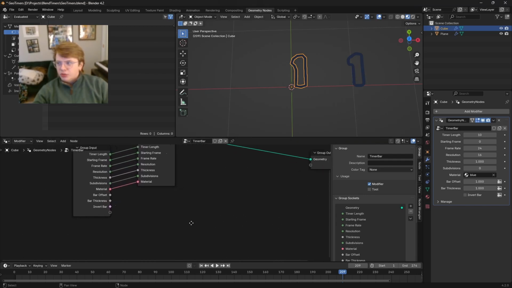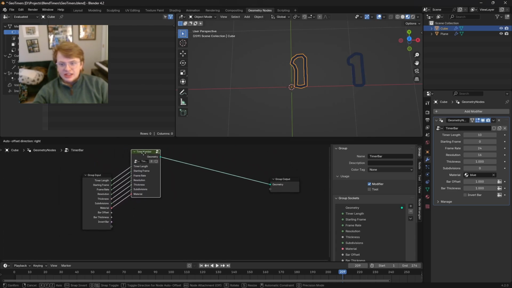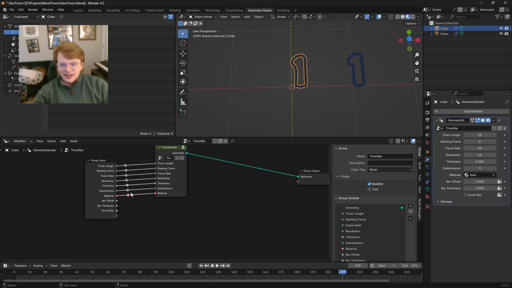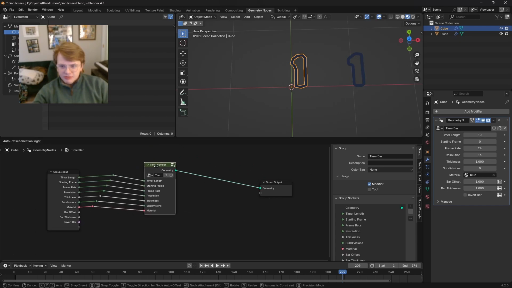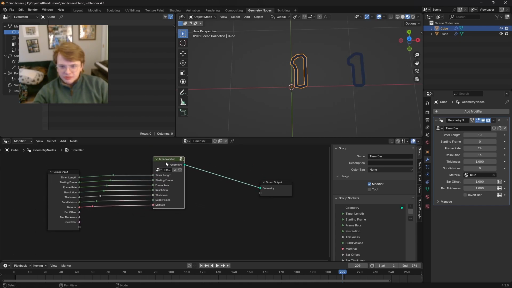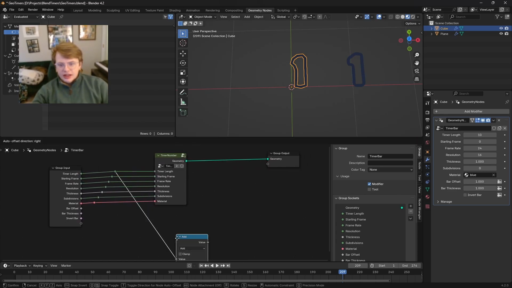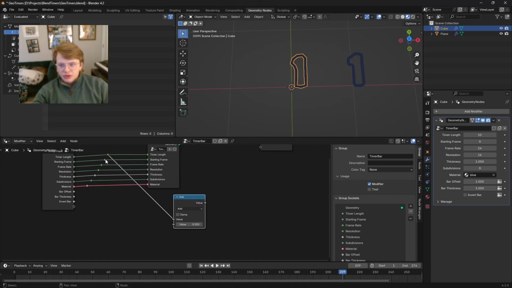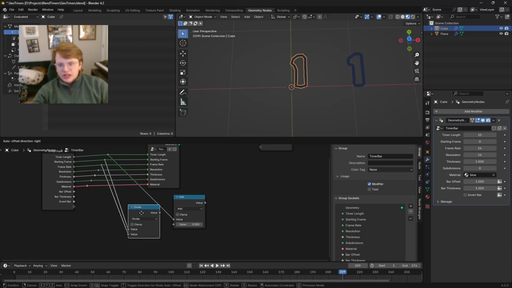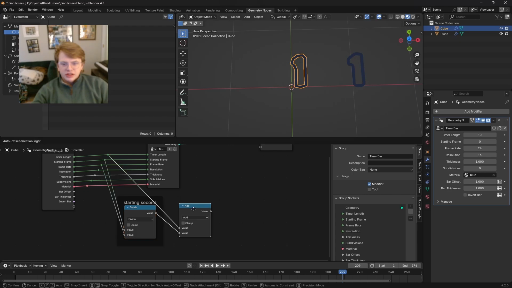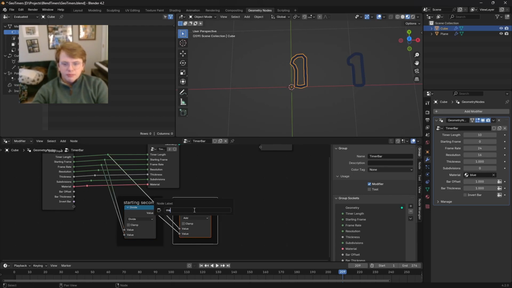All right, so we're actually going to wind up doing kind of the same thing that we did in the timer number. We still have to kind of redo some of our work. Kind of like that. Move you over a bit. All right, and now we've got some points to work off of. So we're going to take timer length and then add it to the starting frame divided by the frame rate, because the starting frame divided by the frame rate is the starting second, and then this is the max second or max time,